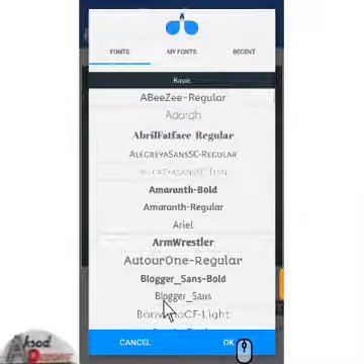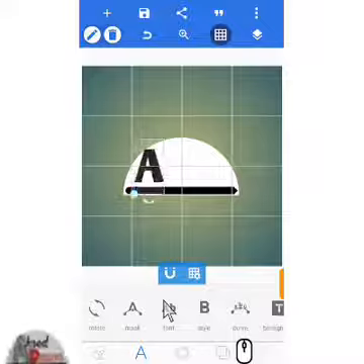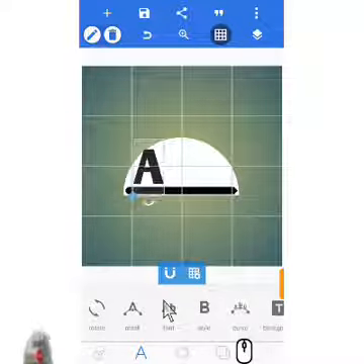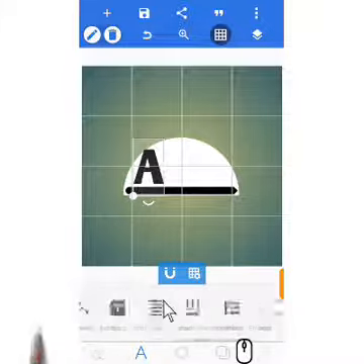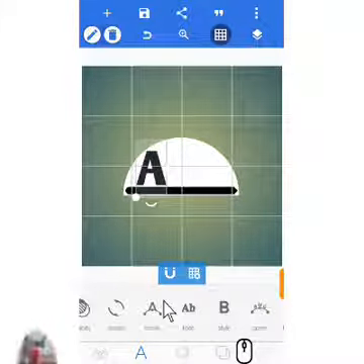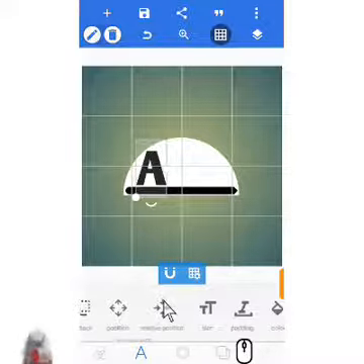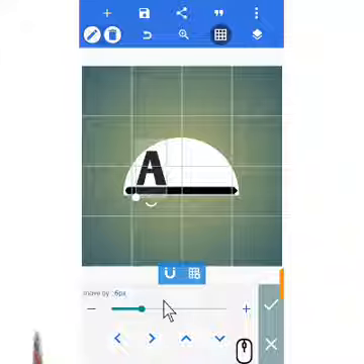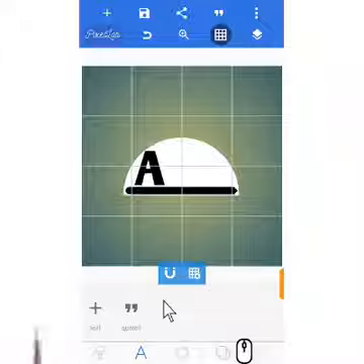Okay, let me choose this one and increase it more. Don't forget you can come to this side so that you can set the position accurately like this. Then the next thing is that I want to write